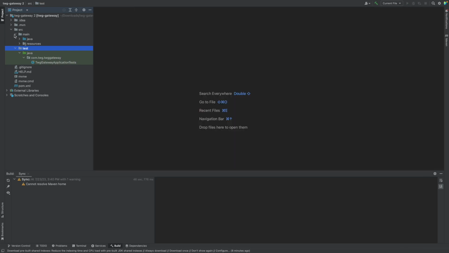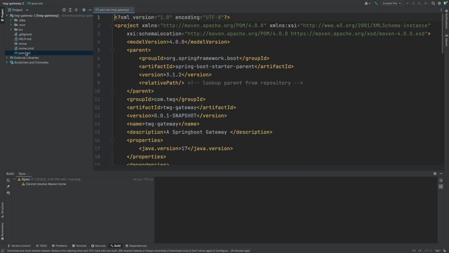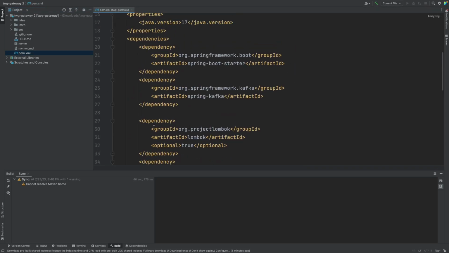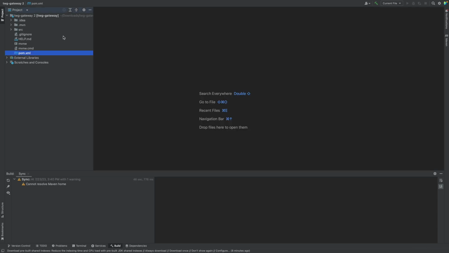Cool. Now I'm going to close this all up, and there's some other things that we can use. We have the .gitignore and some other things like the pom.xml, where we can put some additional dependencies if we want. But what I'm going to do right now is right click on the parent folder, which is this twg-gateway, and it's called 2 because I have another one, but whatever name you put during the Spring Boot template setup that I did initially will be here. Right click on that, that's considered the parent folder. And what we're going to do is create a new file,